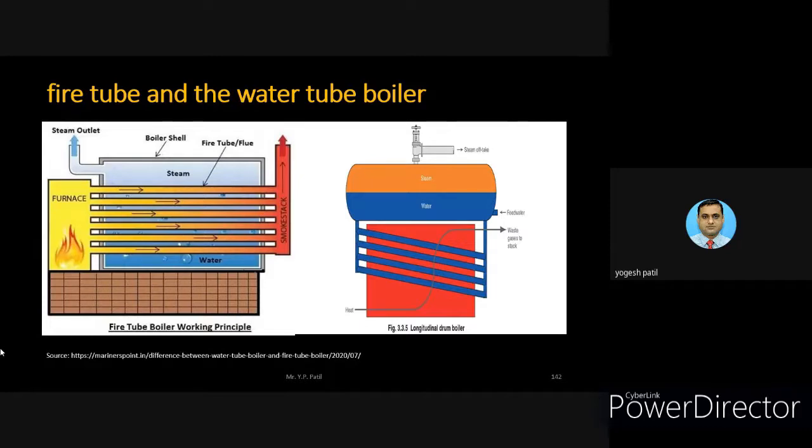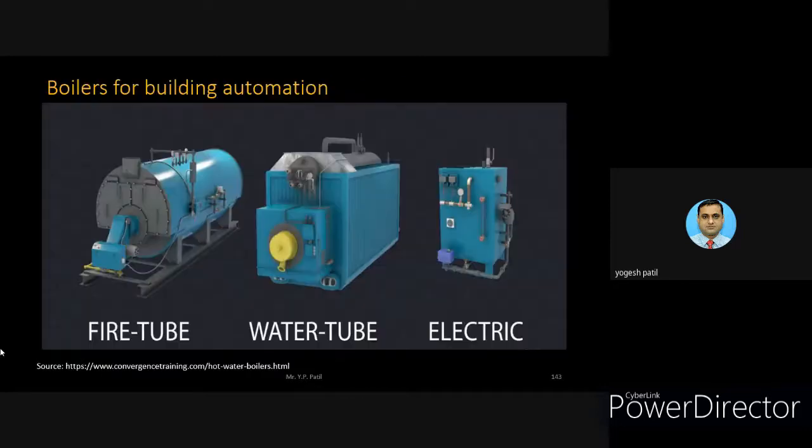In both of the cases, water is the important part, and a continuous supply of water is also very important. Or we can say that maintaining the level of water is also important in boiler steam generation. So steam generation ultimately depends on the furnace and the water level that we are required to maintain in the boiler. We move to the boiler automation.